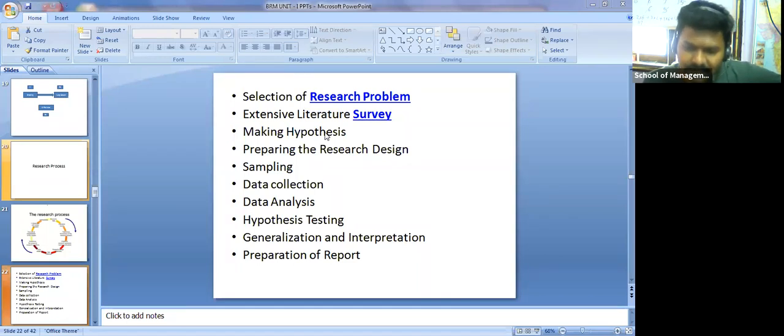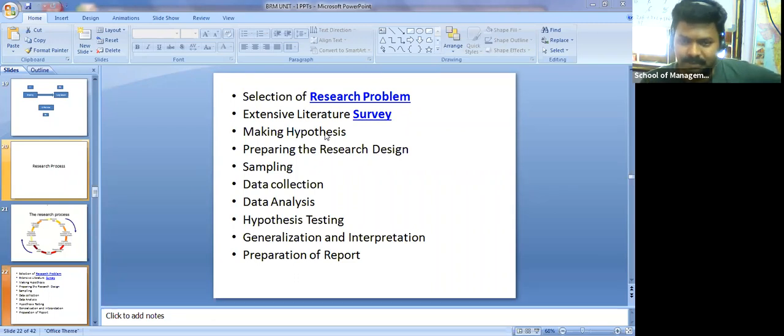So based on these 4 measurement scales only, we are going to identify which type of test we may apply. You may not blindly apply a t-test or a correlation or regression or ANOVA or any other one. There is a logic behind that. In the coming classes, maybe in the third unit, I'm going to explain how it is identified. It will be an added advantage to you when you are doing your project work in the final semester.